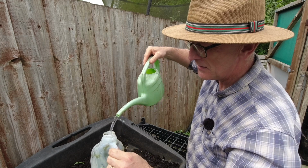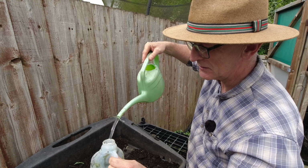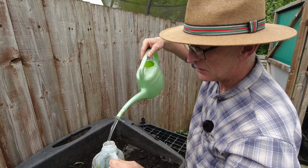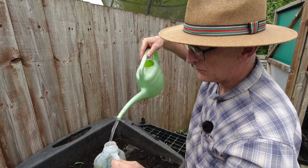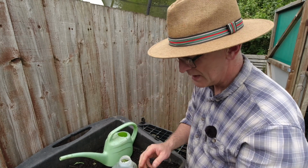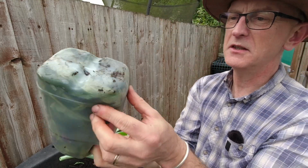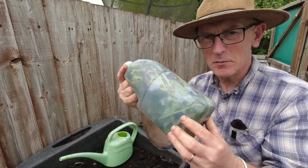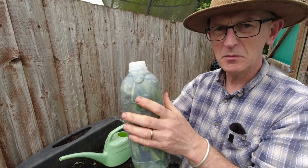right to the top. And then basically put it in a shady spot, behind the polytunnel in this case, or behind a greenhouse or shed or something. Just leave it to rot down, and not ferment, I don't suppose, but to break down and turn into a lovely comfrey tea. So yeah, you can see that's in there. I'd probably come out once a week, give it a little shake, shimmy it about and so on. But in a few weeks' time, this will all have broken down, gone a bit murky and